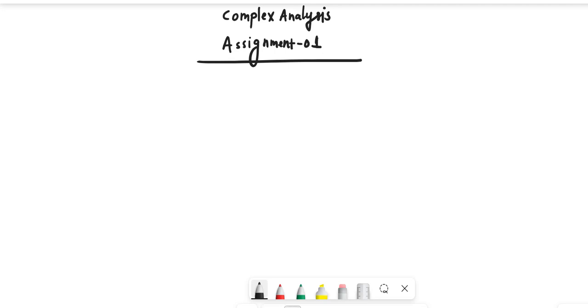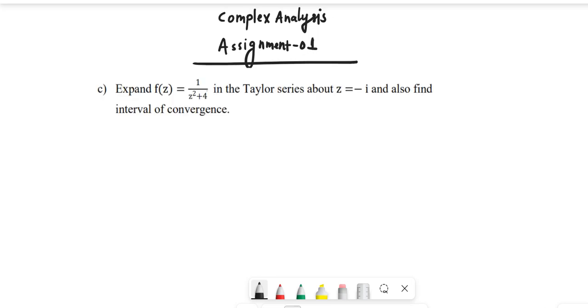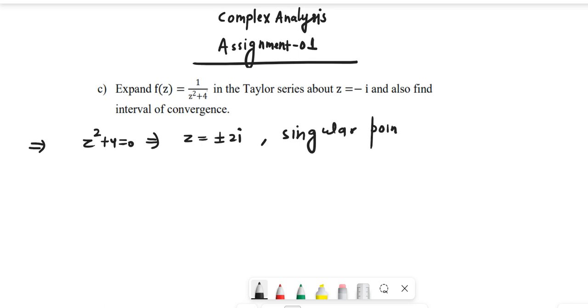We will discuss the complex analysis assignment 1, problem 3(c). First of all, we need to put the denominator z square plus 4 equal to 0 to find the singularity. So we will get z equal to plus or minus 2i. So we will get the singular points, that is z equal to plus or minus 2i, and the given center,